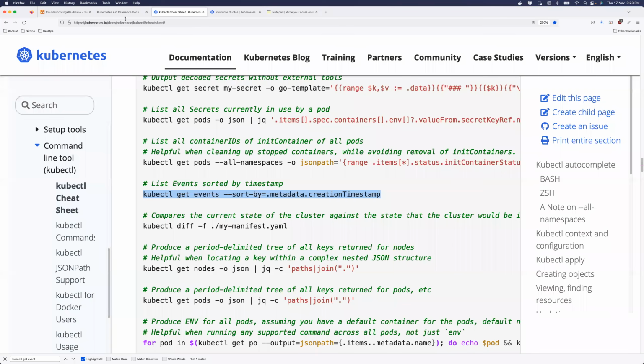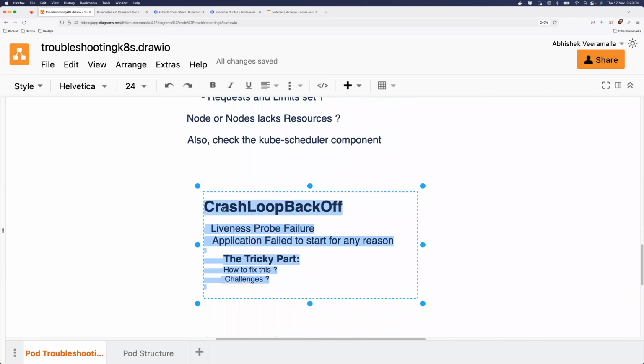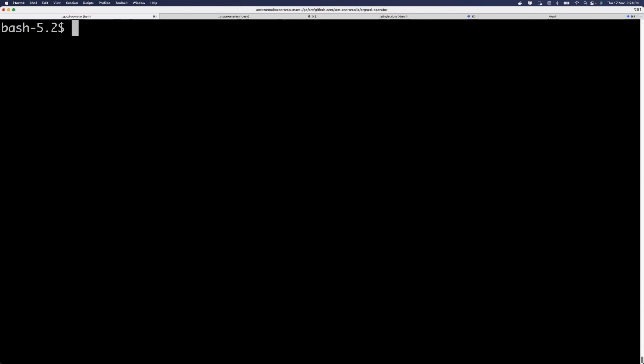Now if you move to the next topic, that is crash loop backoff. What is crash loop backoff and how do you handle it? Crash loop backoff is when your image is pulled successfully and your image is also running successfully. Let's say you don't have any restrictions with respect to resource quota. Your image is pulled successfully, and after your container is created,